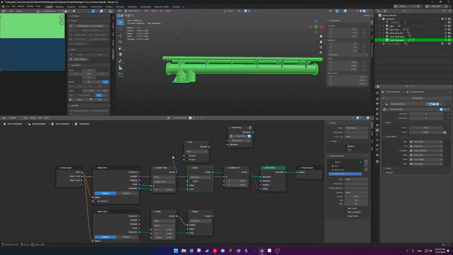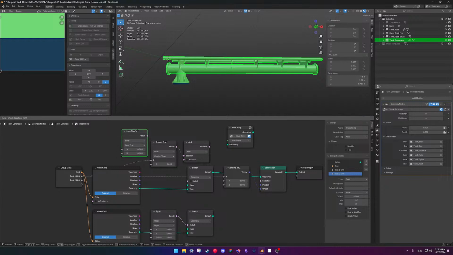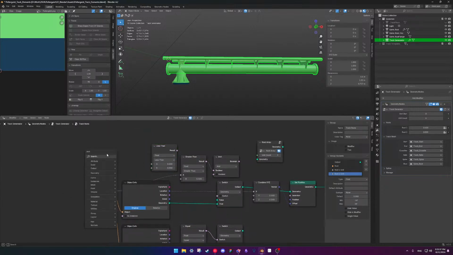So if it's greater than this, let's duplicate that, and it's less than. Let's get another math node here. This value, let's have it be unit count.